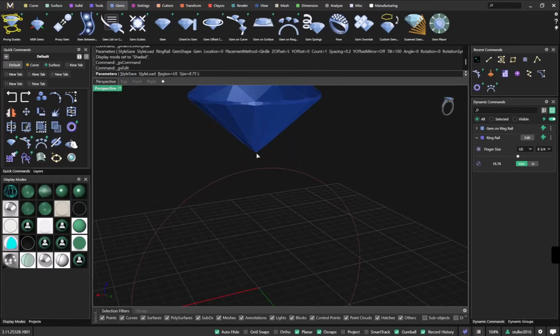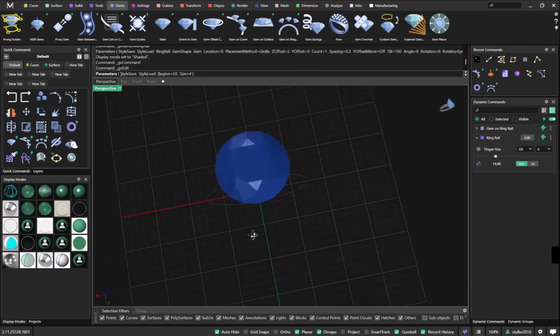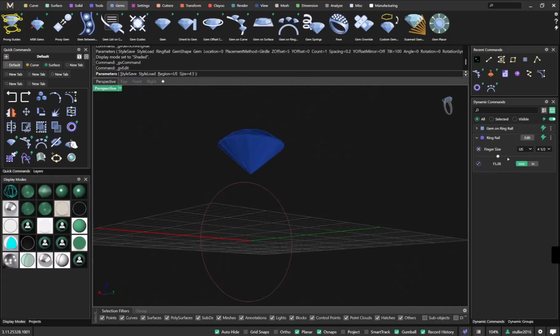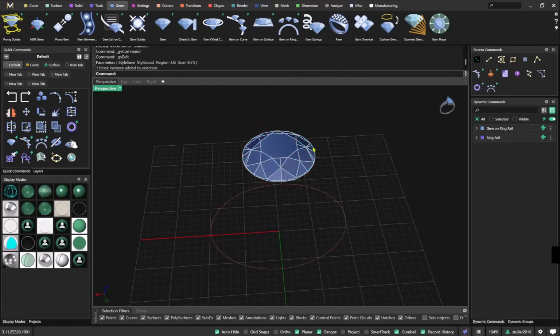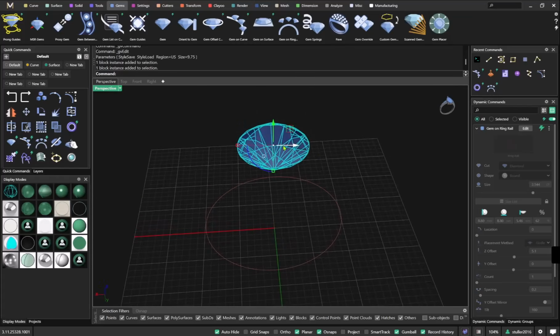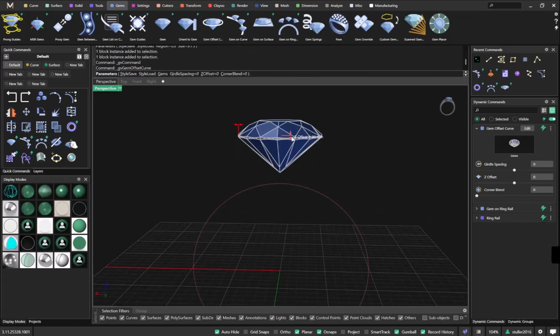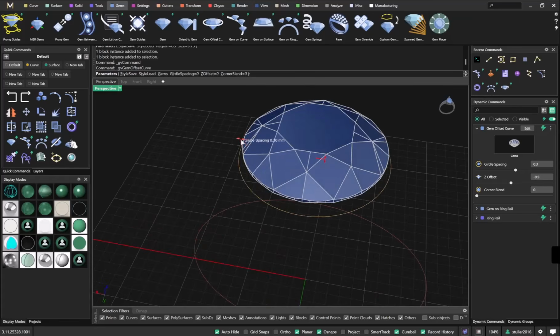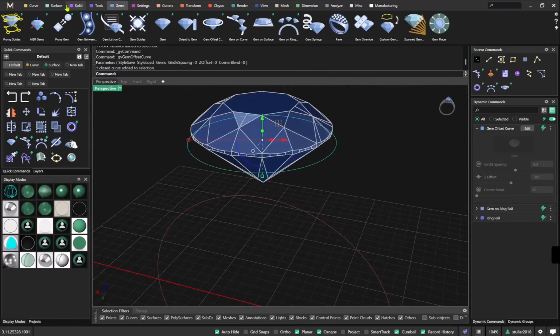the defined distance between the gem and ring. They keep this distance, okay? So if I go and that one, you can see it start to change. So this is the feature of parametric. So if you click on that one and then you go to a gem offset curve and then you move it down and then make it a little bit bigger